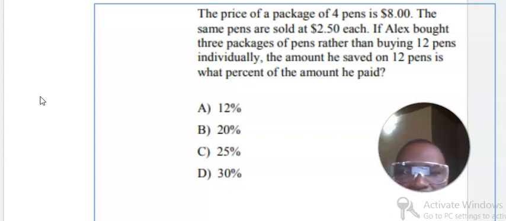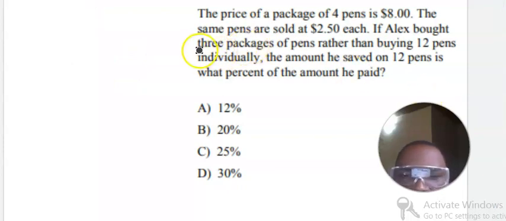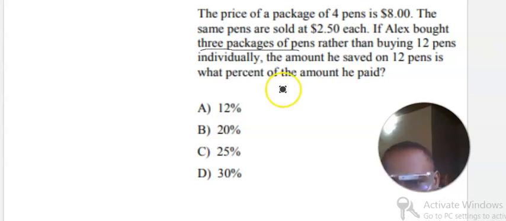We are told that the price of a package of 4 pens is $8. The same pens are sold at $2.5 each. If Alex bought 3 packages rather than buying 12 pens individually,